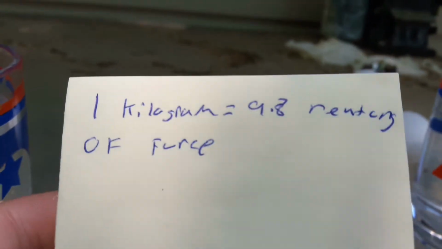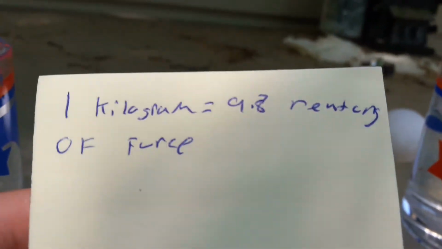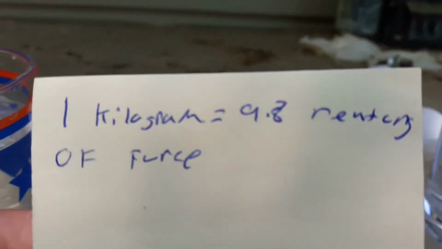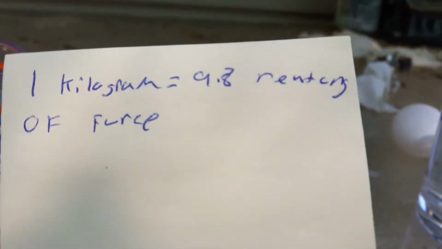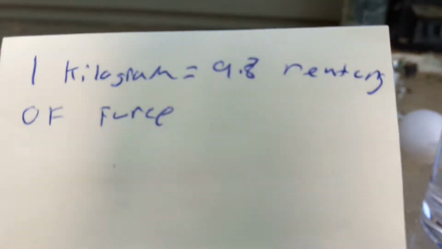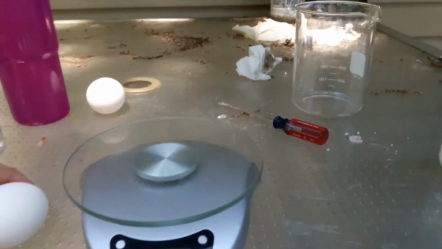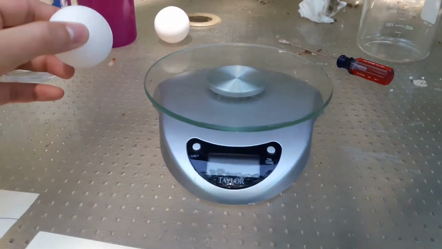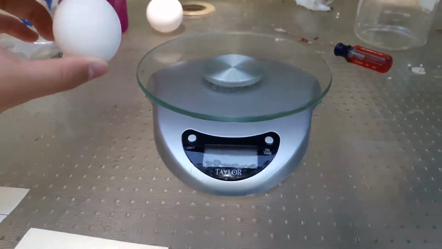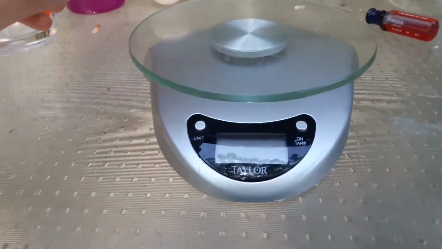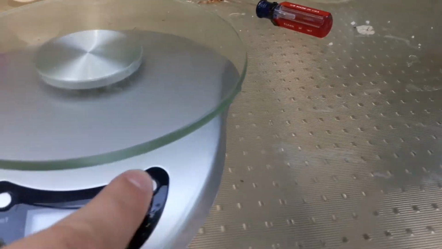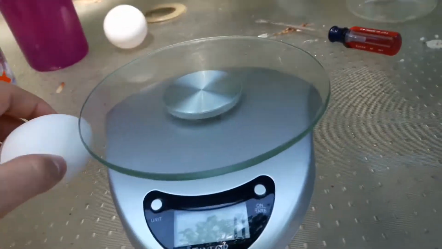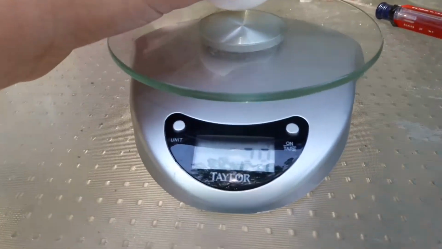Here on Earth, gravity is 9.8 meters per second squared, right? So for 1 kilogram of weight, 9.8 newtons of force are applied to it towards the ground. Correct? Okay, now what we're going to do is calculate a buoyant force using the 9.8 newtons per kilogram, which is caused by gravity, obviously. So we're going to start by weighing this egg. I'm not going to weigh the other one because it's just going to go in the normal water, which is distilled, by the way. So it's just water.